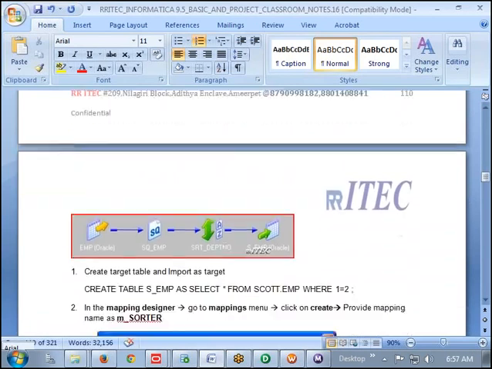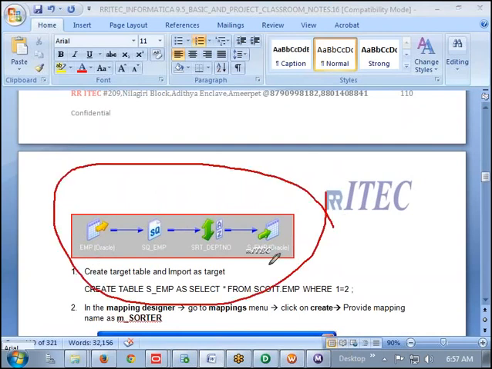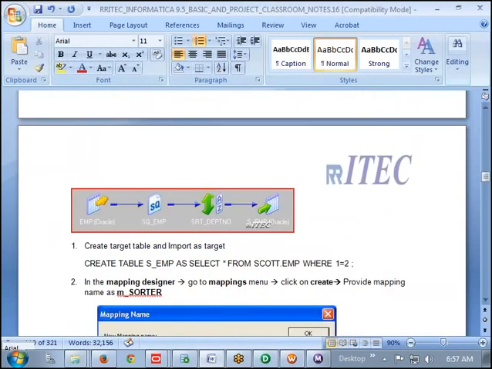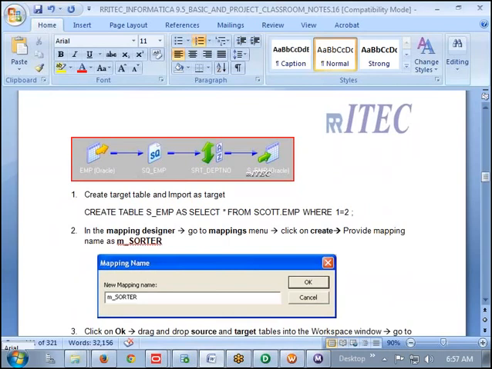Okay, one small activity I did. This activity is just to make your hands free. Really, we are not going to do this flow anywhere, that means sorting the data and loading into the target. Like this, you are not going to do anywhere. To make your hands free, I gave this exercise, and we can complete it within 1 minute. Shall we go and do this one? Yes, try to create it, Krishna.